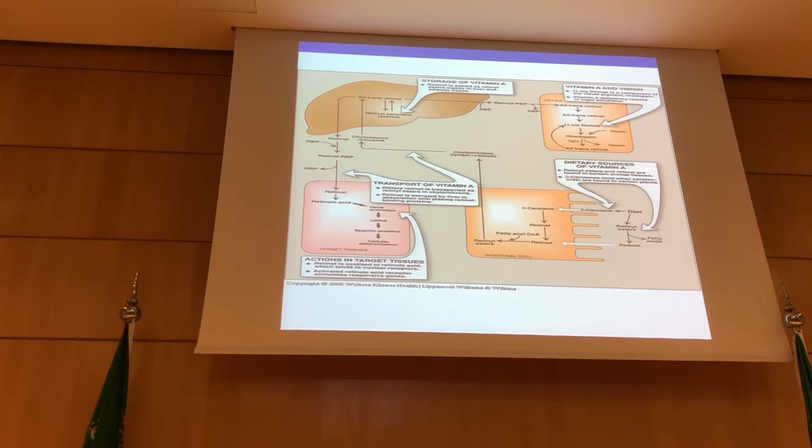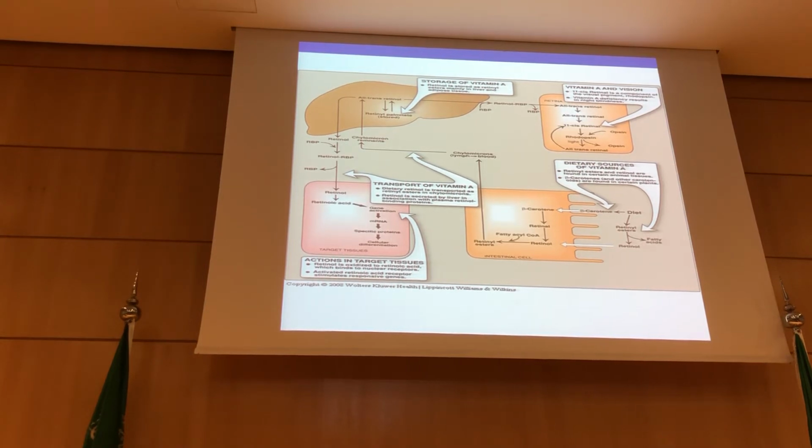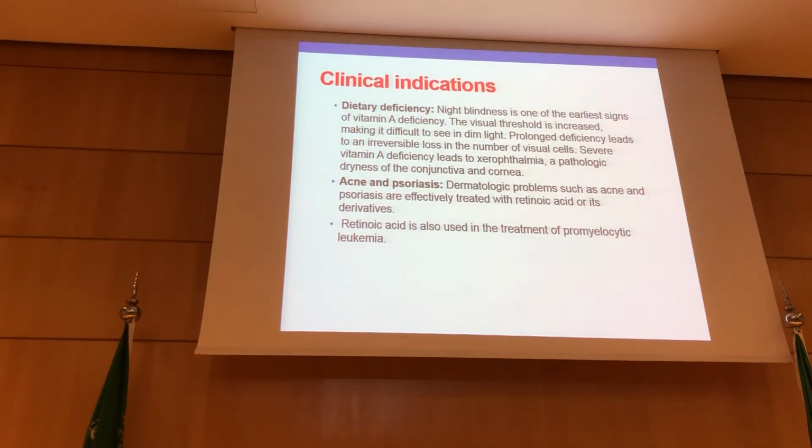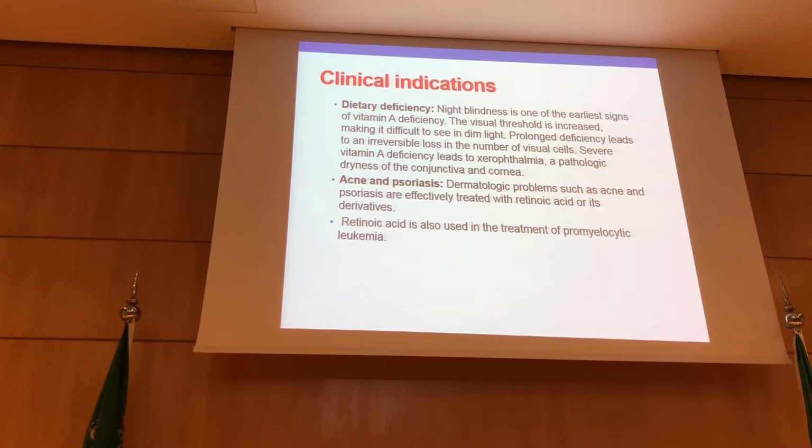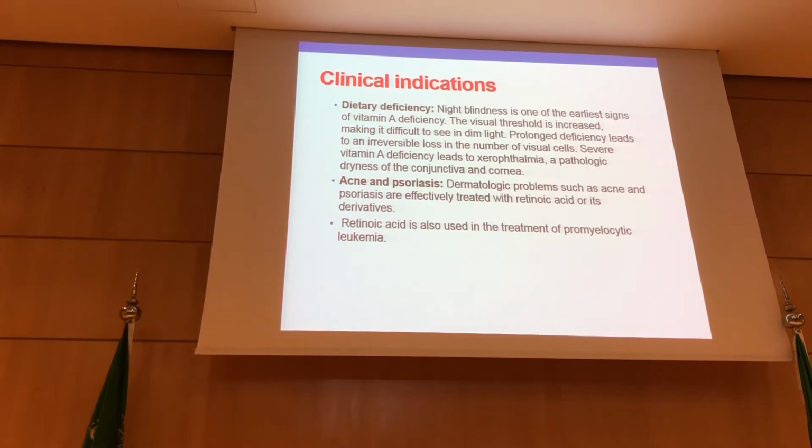So what was the function of retinol? We said vision, growth, and cellular differentiation. So these are the functions and how they are performed in our tissues. So what may cause deficiency of vitamin A? Deficiency of vitamin A can cause night blindness, because we mentioned that retinol is involved in the formation of rhodopsin, which is needed by the vision cells for their function.